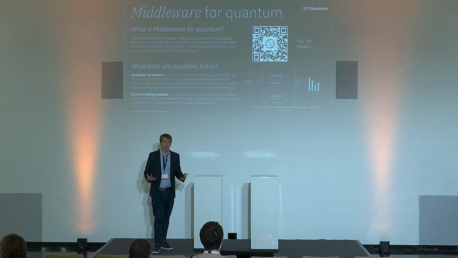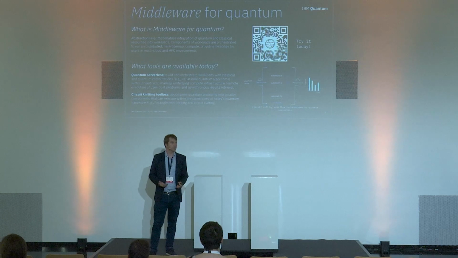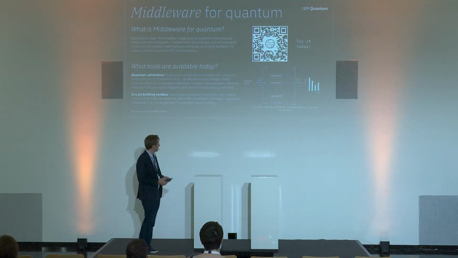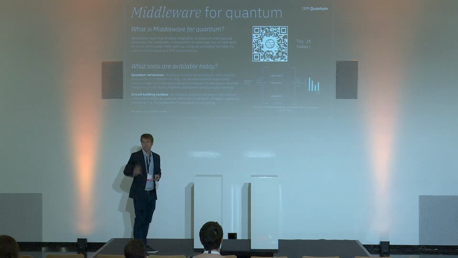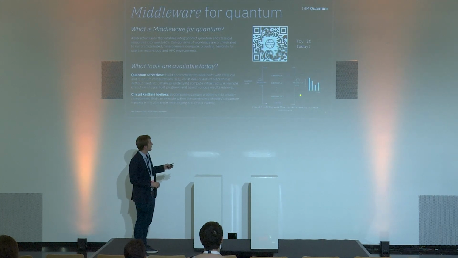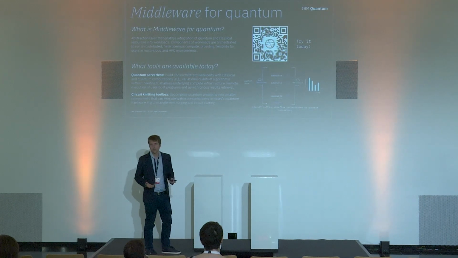Now, a lot of what I will be showing today is open source. You can go and check it out on GitHub, play around with it, try it out. And in particular, I will discuss two components. The quantum serverless, which allows us to orchestrate different tasks. You can see here, for instance, on the bottom right, a small example where we would have perhaps one large quantum circuit that we want to execute. We might decompose this into sub-circuits, execute different parts on different backends like this, and then reconstruct the results. And at each step, this will require different forms of resources to work together.